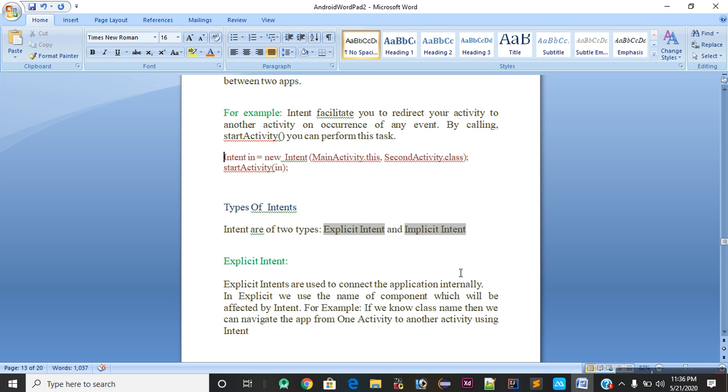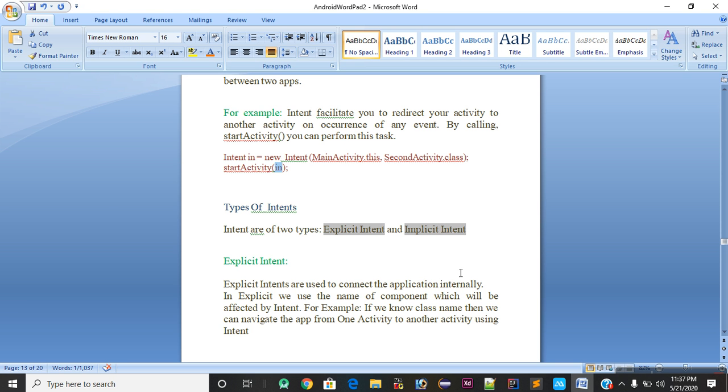For example, I have an intent, I make a reference of intent equals an intent object. Assuming for a few minutes I have a MainActivity Java class and I want to go to the second activity, called SecondActivity. I am here in the main activity and now I am going to the second activity, which is the name of the class, and now this is the startActivity method, and I pass the reference of the intent as an argument.